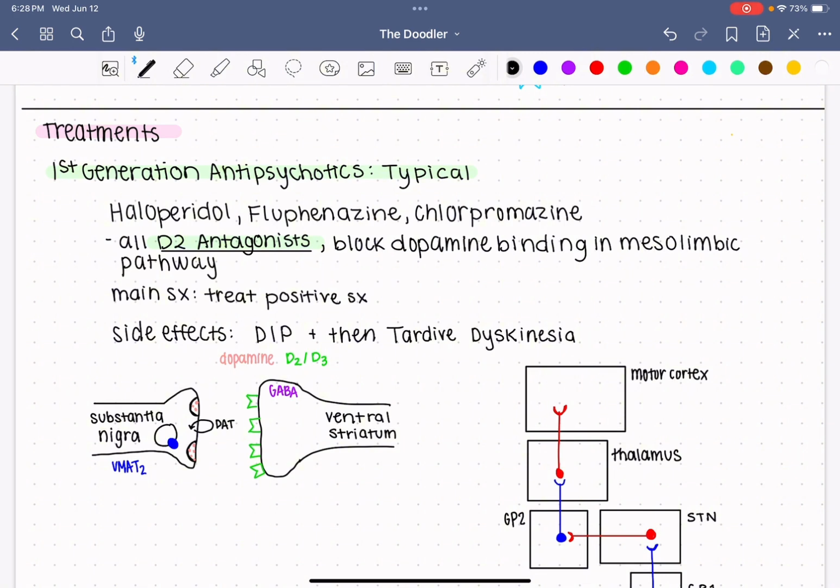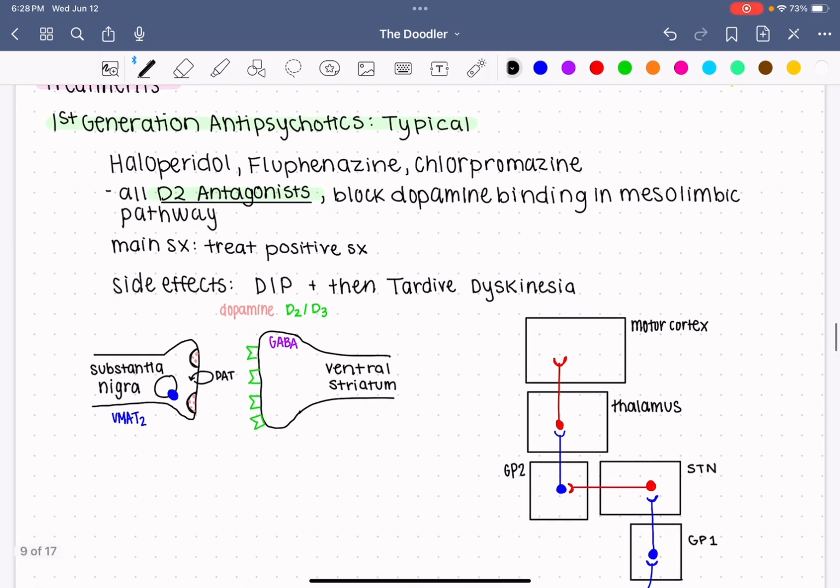Whereas an inverse agonist is going to ramp down the action of the neuron, and a partial agonist is going to have either an antagonistic action or an agonistic action dependent on the environment in which the partial agonist is placed. So haloperidol, fluphenazine, and chlorpromazine are all D2 antagonists, which means that they block dopamine from binding to D2 receptors,